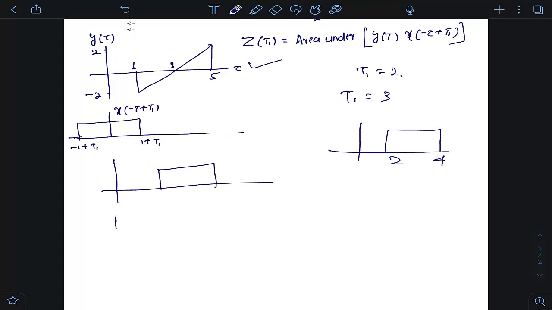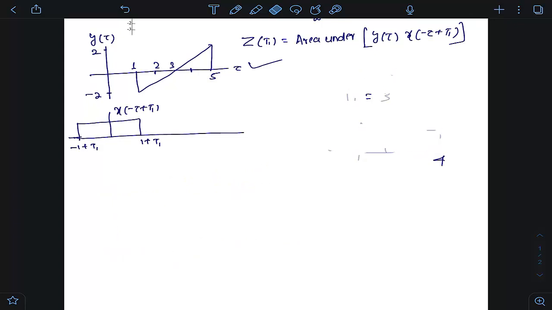Now if you multiply this waveform with this waveform, this is 2 and this is 4. So what will you get? At 2 this is the shape, at 4 this is the shape, so something like this you will get. The total area, if you find it, will be 0. So ultimately, if you understood how the area changes as I introduce the shift,